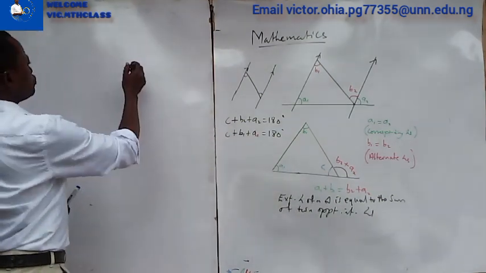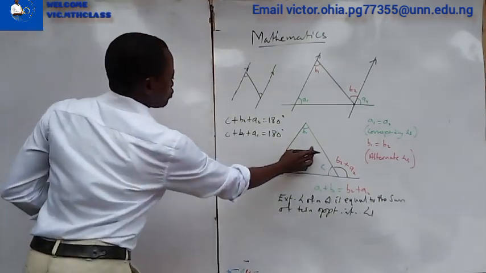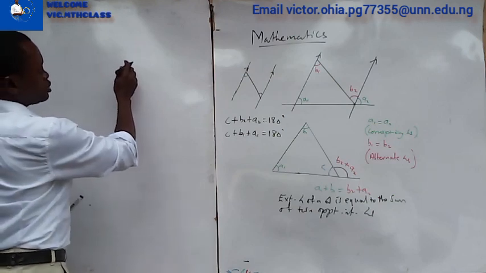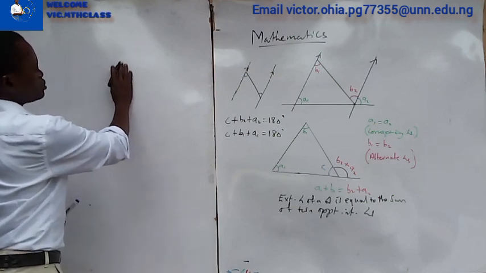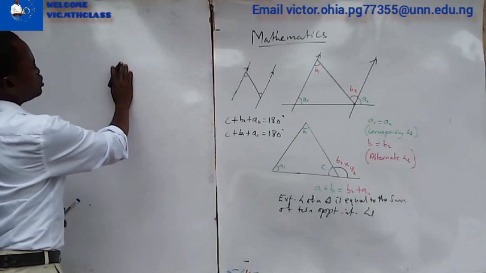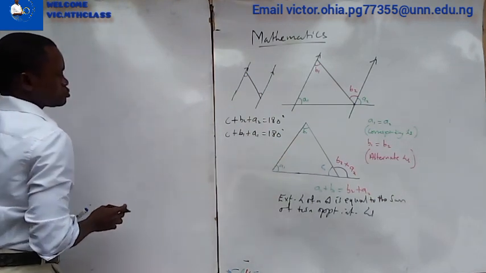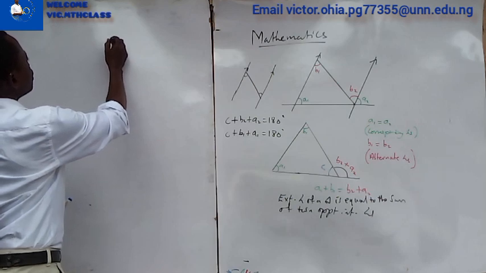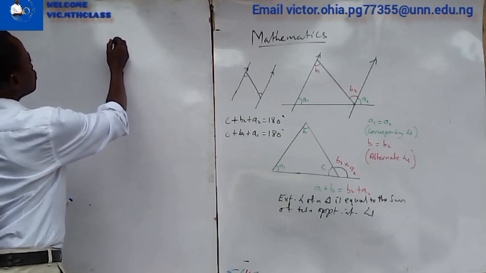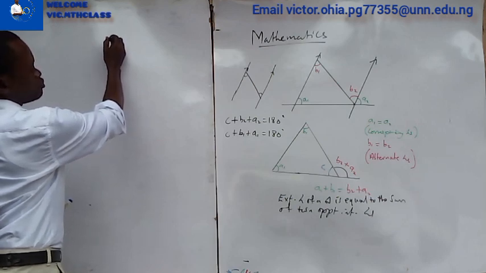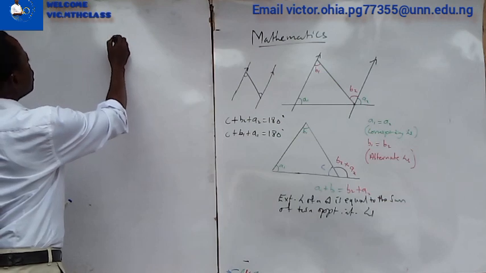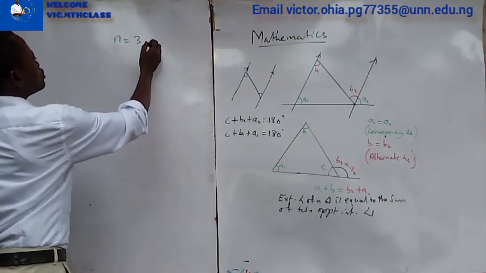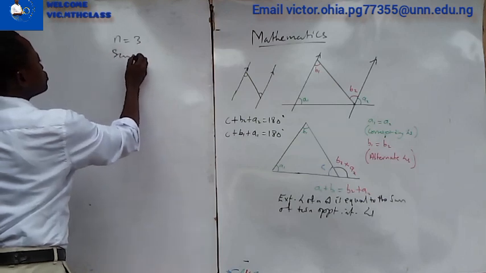This is a triangle, and this triangle has three sides. So if this triangle has three sides, we have three angles there. We have n being 3,